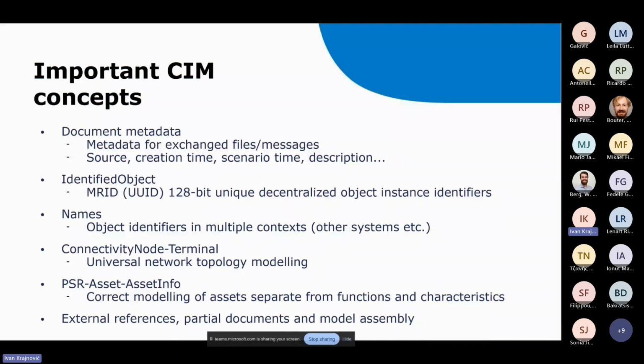An important SIM concept is the PSR asset info. This is not in all systems. In SCADA systems, commonly you only have the PSR. So PSR is the asset function. It's, you know, transformer number 1 in substation so and so. But when that transformer, for example, burns down, you replace it with a new one. It's still transformer A in substation so and so, but it has a new serial number. It's a new asset. So you need to differentiate between the asset function or place and the real asset that has a